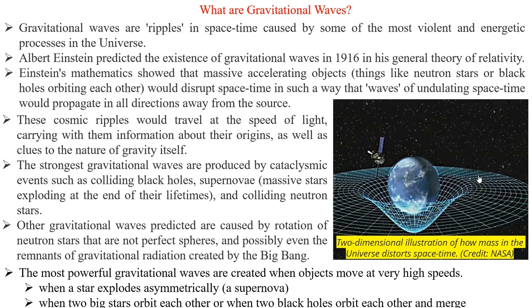A satellite around the Earth should also have a mass. This is a two-dimensional illustration of how mass in the universe distorts space-time. Without mass, it is a straight line. According to the mass, you can have a distortion. Heavier masses have larger distortions, where it dips in, and lighter masses have smaller ones. Like this, the space-time curve holds all planets in the solar system, all stars in the galaxy, and all galaxies in the universe. We'll check it one by one.